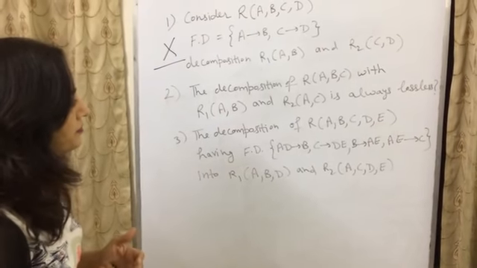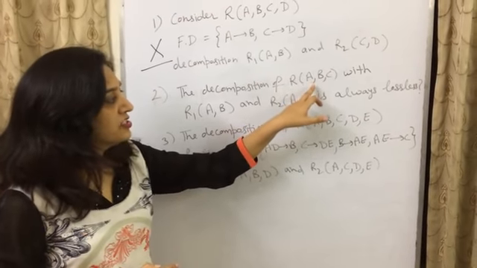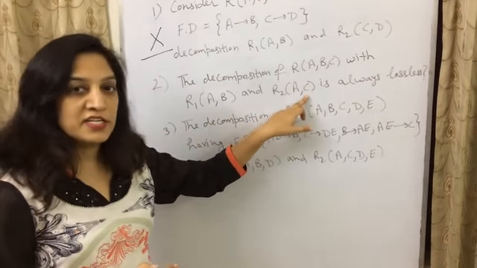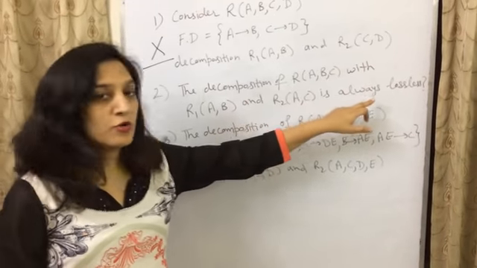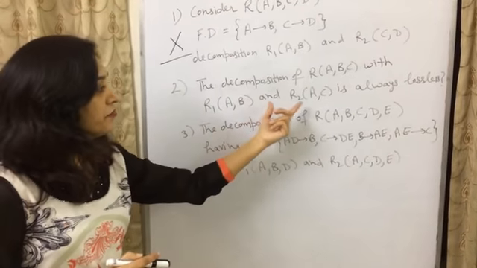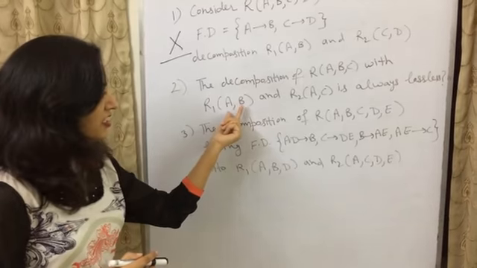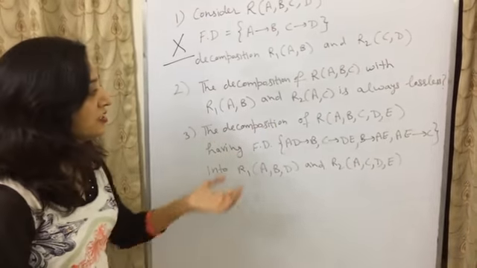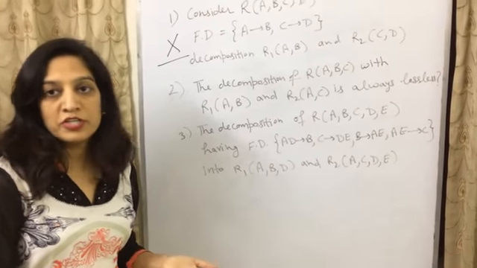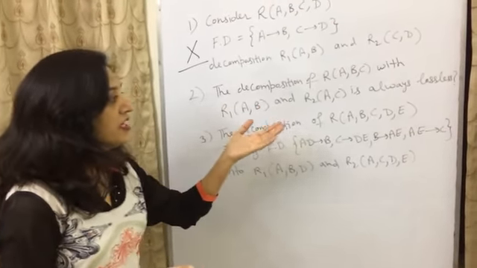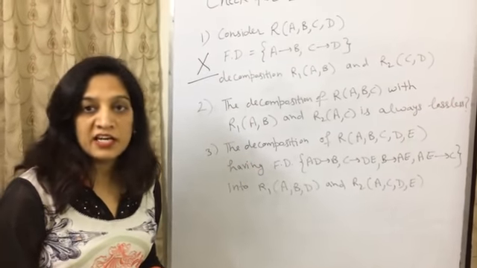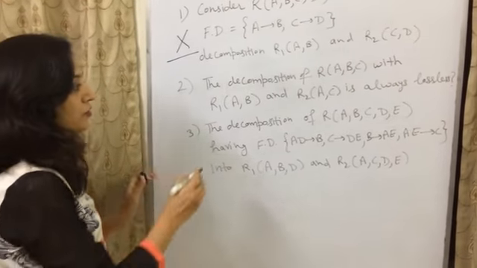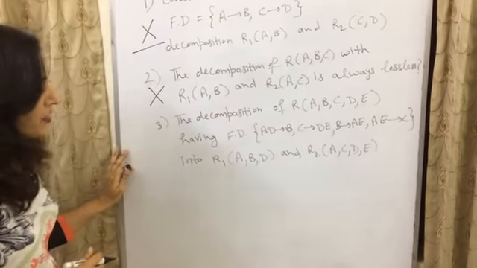Let's go for the second example. Here the relation R contains three attributes A, B and C, and R1 has two attributes A and B, and R2 has A and C. Now the question is, is it always lossless? Basically here, a common attribute is there. A is in R1 and A is in R2 also. But here it did not mention whether A is the primary key in any of the relations, because no functional dependency is given, nothing is mentioned here. So we cannot guarantee that this decomposition is lossless, because we don't know whether A is a primary key or not. So of course this is also false.